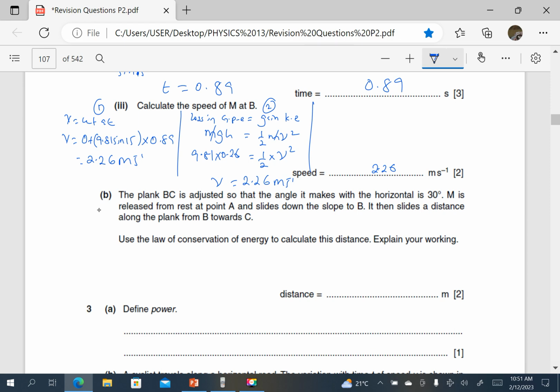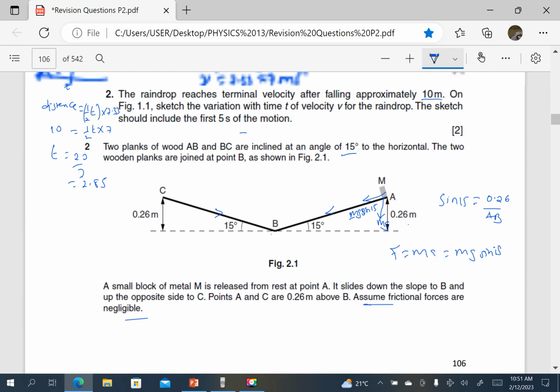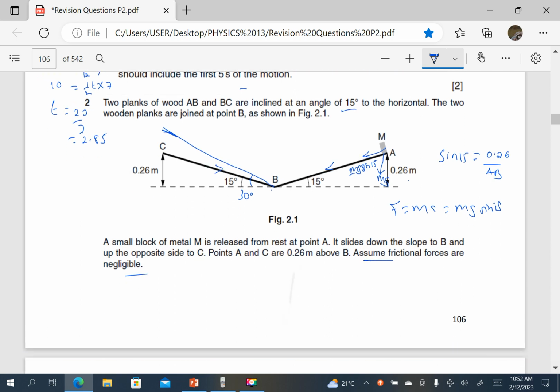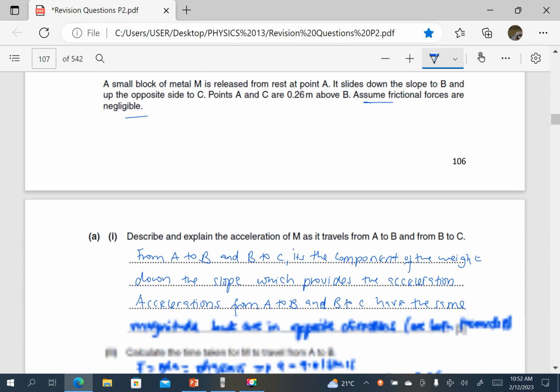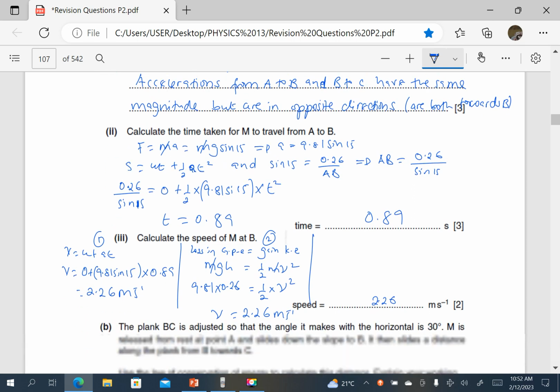The plank BC is adjusted so that the angle it makes with the horizontal is 30 degrees. M is released from rest at point A. So they have increased the angle for BC. BC has been increased to 30 degrees. So it means the height h must have changed, if we consider the same position of the